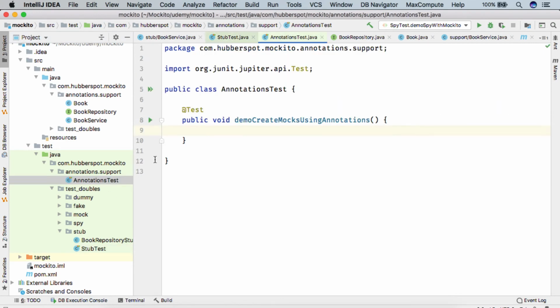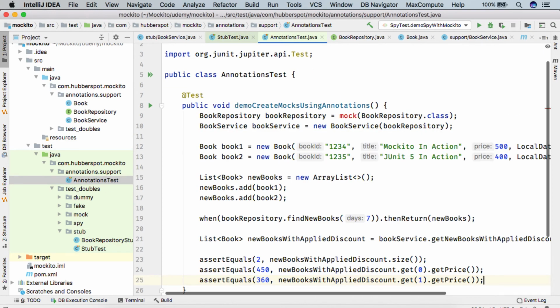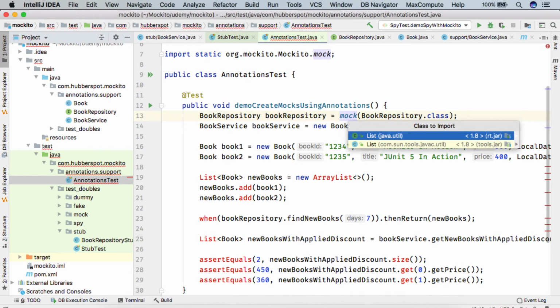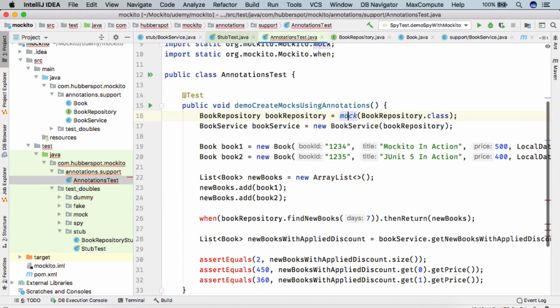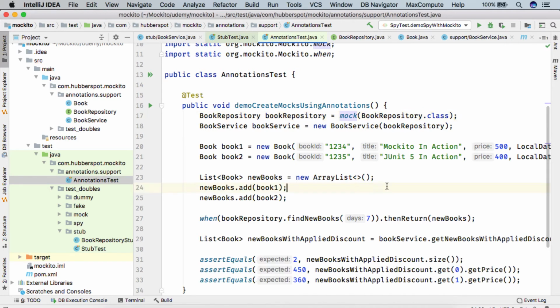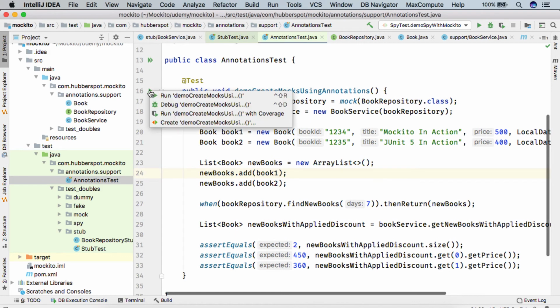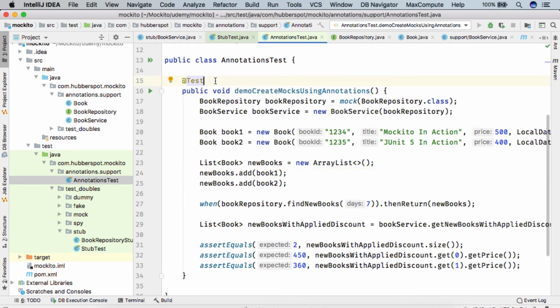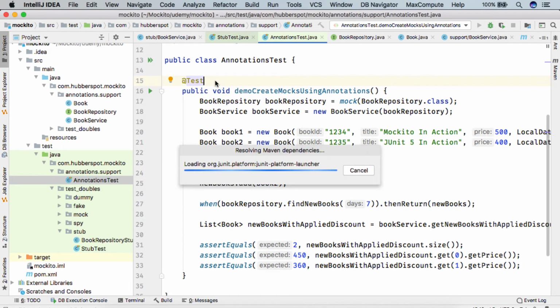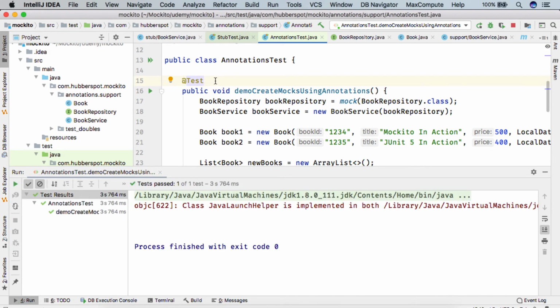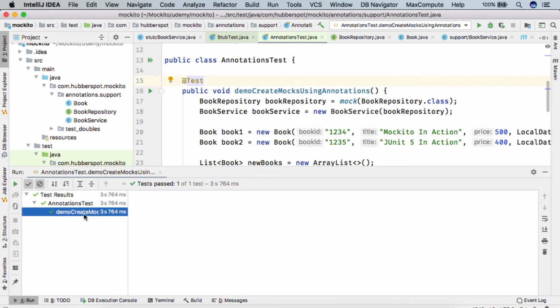I will simply reuse it here. If I run the test case now, you can see the test case ran successfully.